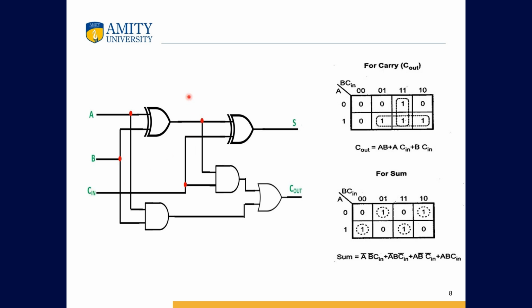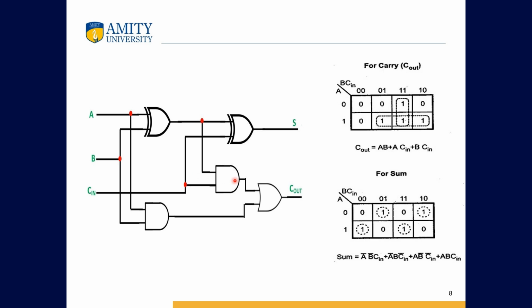Fine. So in order to get the sum of half adder, we needed only a single XOR, but since we have 3 variables over here, the XOR of AB with the XOR of C gives us the final sum. As for the C out, over there we had a single AND gate for A and B, but since we have 3 variables, we're going to do ANDing for A and B, and the output is going to be ORed with the output of another AND gate, and this AND gate is giving a C in and the XOR value,